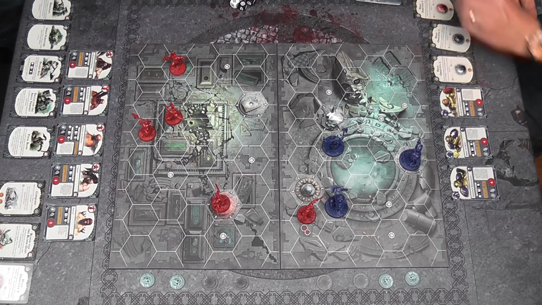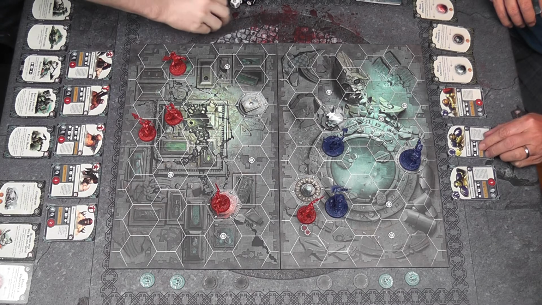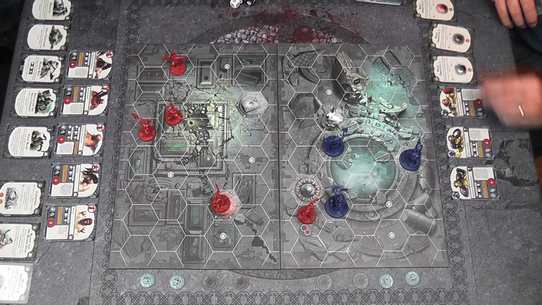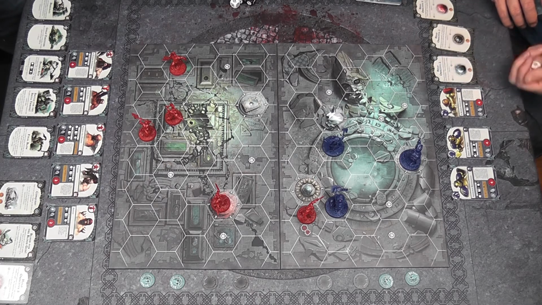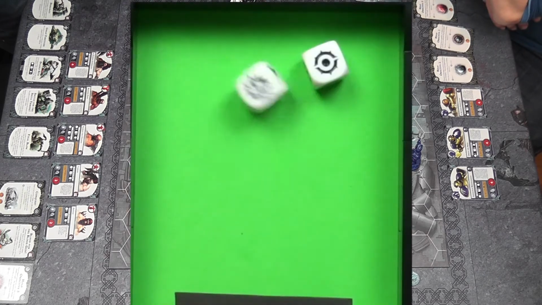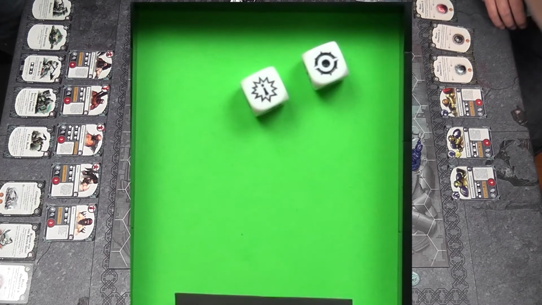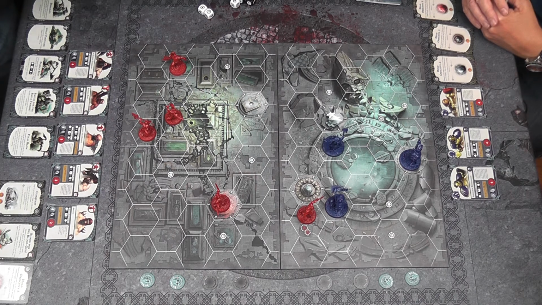Right. So who are you attacking with? For Oberyn the Bold, who has got a reach of 1 and 2 hammers. So you get 2 dice. For each hammer you score or crit you score, that's a hit. There's a crit. So you're hitting poor old Arnulf, and Arnulf has 1 defense dice, and I need to get